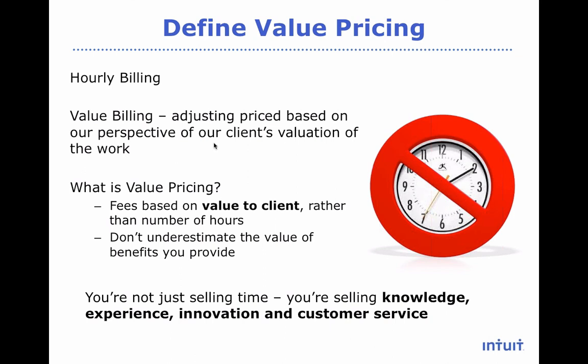So we have to start thinking that we're actually selling knowledge. We're selling experience. Okay, we are actually selling innovation. We're selling customer service. We're selling infrastructure. We're selling our access to our Pro Advisor program, which has a bunch of resources. We're selling our access to our network of peers that we consult with and talk about some of the situations